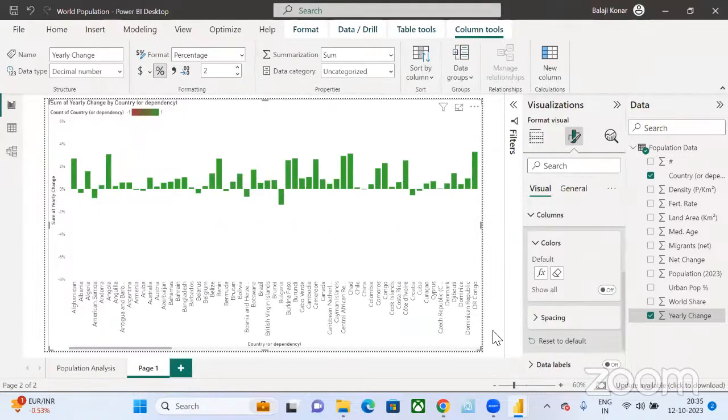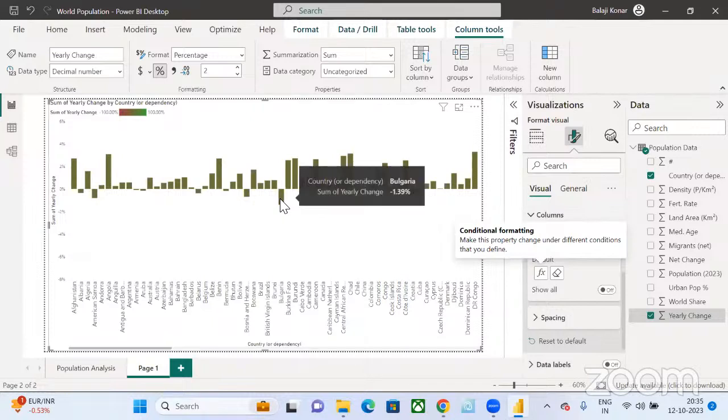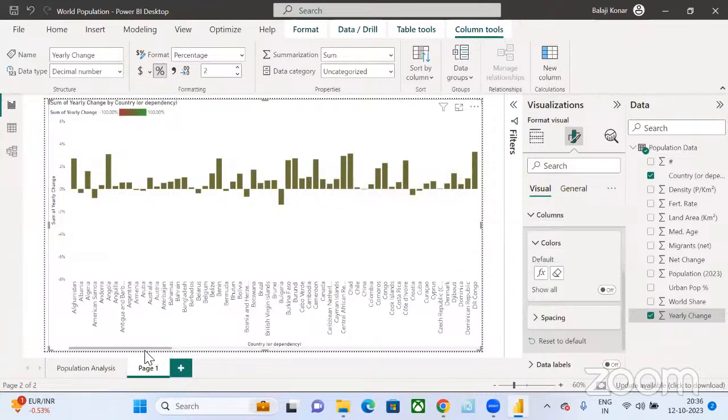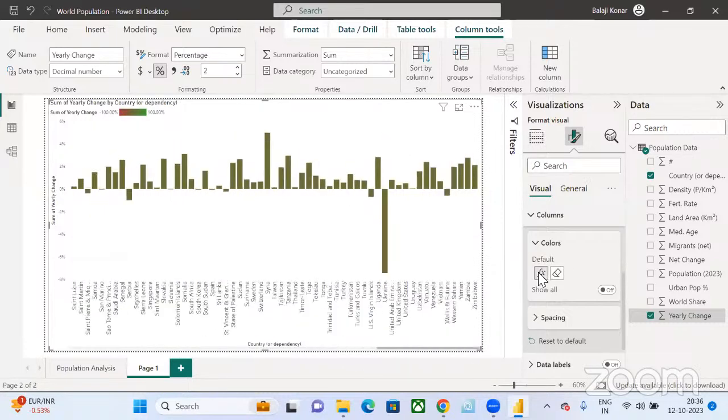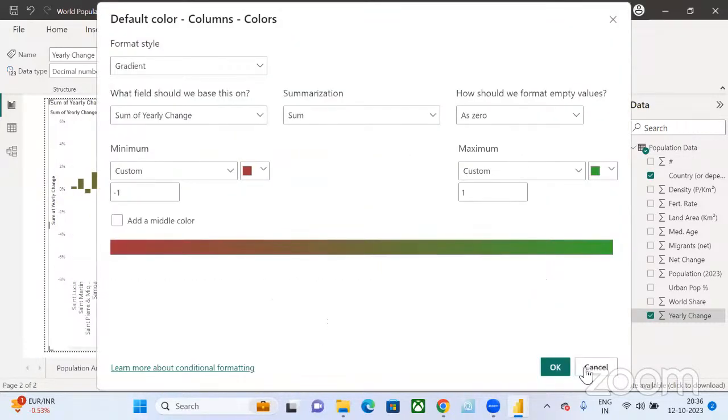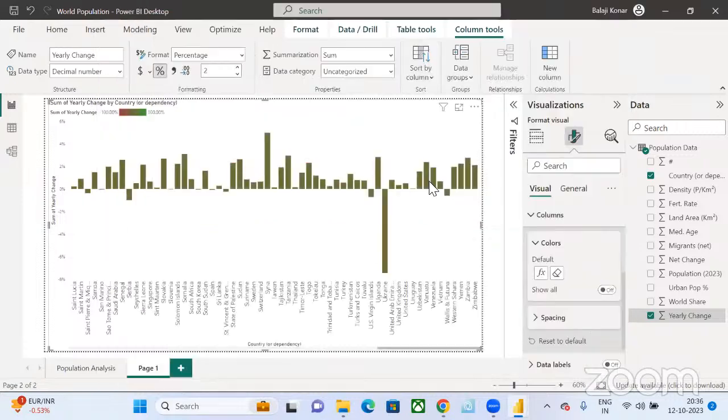So now if I click on it, can you see wherever it's -1, it's on a darker shade. Wherever it's on this one, it's a green color. This is called a gradient fill. If you see over here, it's a gradient fill. Wherever there is a lesser amount, you can see this particular one. The darker shade is very